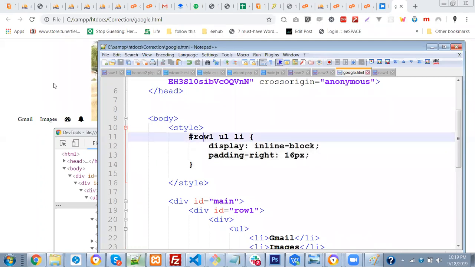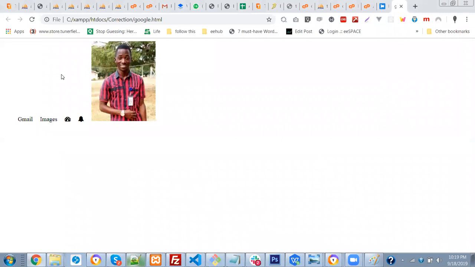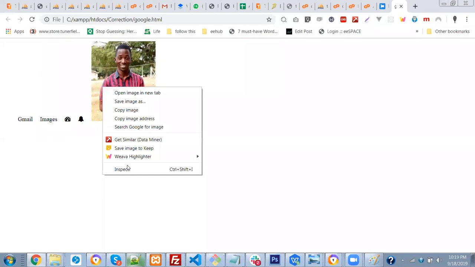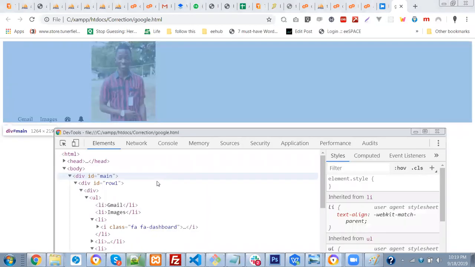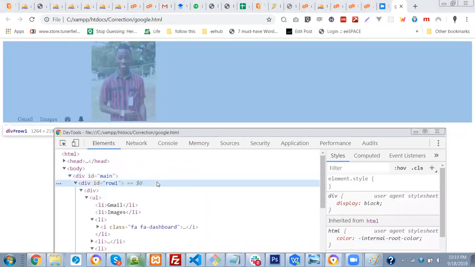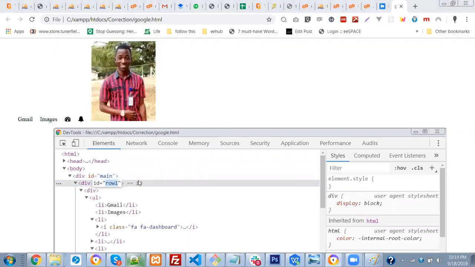Then we are not done, because we need this whole thing to move to the right. It's not on the left, it's on the right. So the next thing we want to do is to go back again, and then see this entire row 1, I can just align it to the right. The entire row 1 is the container for, if you remember, let me bring up that